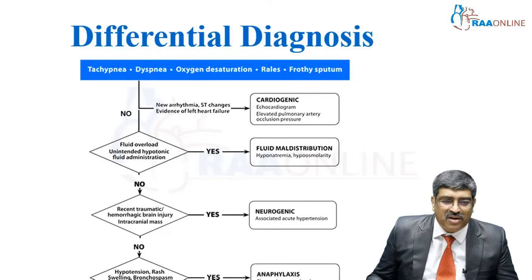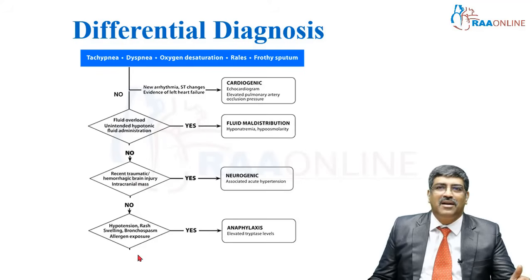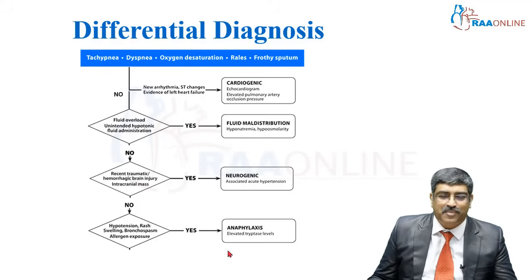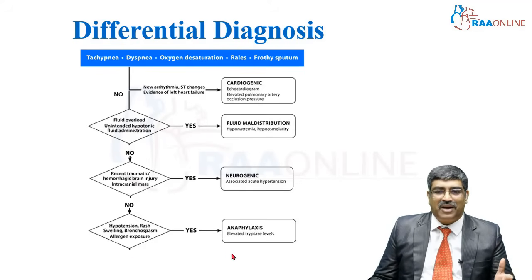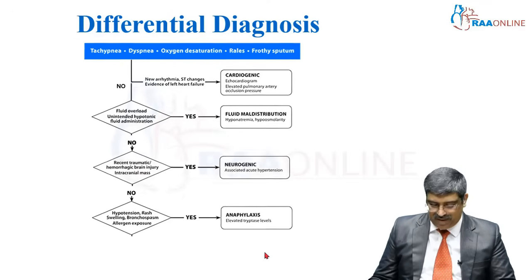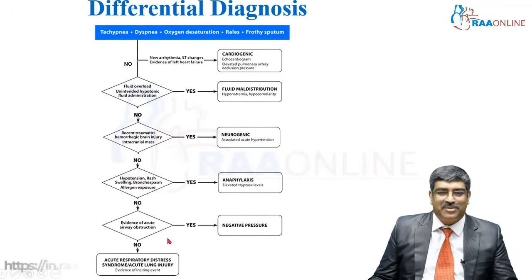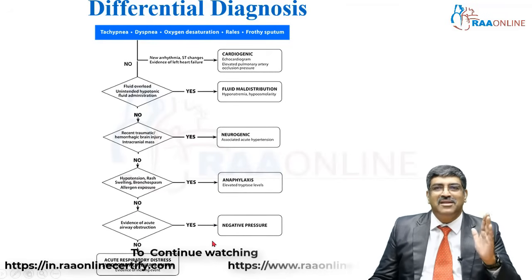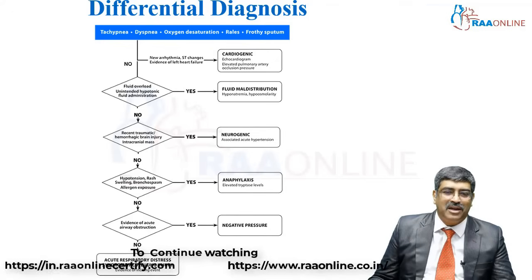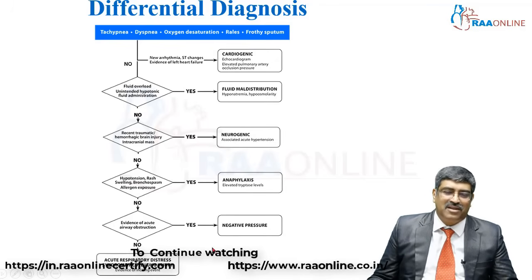If this is not there, then look for hypotension, rash, swelling, bronchospasm, or an allergen exposure. If that is present, it might be due to anaphylaxis where you have an elevated tryptase level. If these signs are not there, look for acute airway obstruction. If that is present, then it is negative pressure pulmonary edema. If this airway obstruction is not present, then the diagnosis of